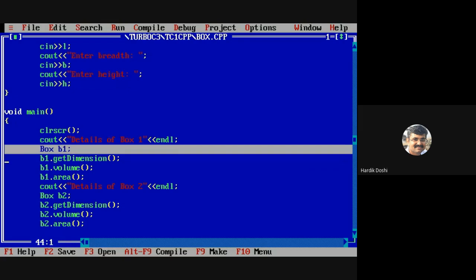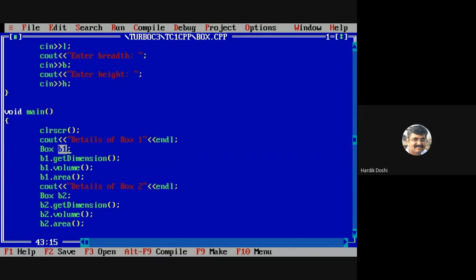Are you getting my point? When I write box b1, that means when an object of the class is created, at that time the memory allocation will take place.